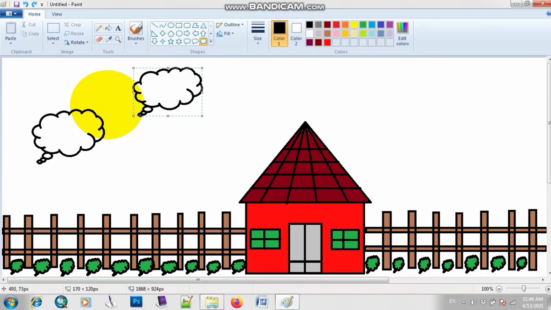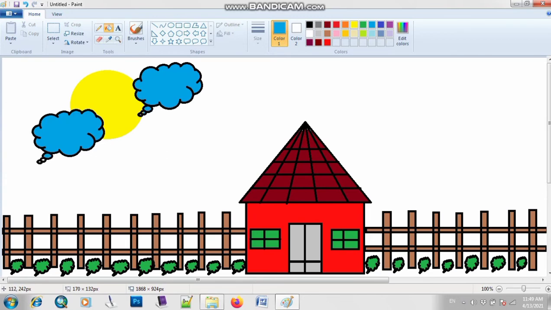Right, so that it will look like a cloud. So you can use these shapes as they look like clouds. Now I will fill the color inside these shapes. So I will choose the fill with color tool, select the clouds, and choose this color, sky blue, and I will fill the color inside this cloud also.